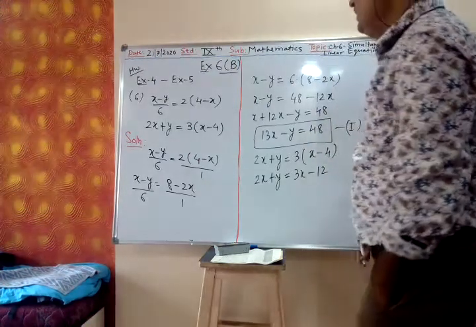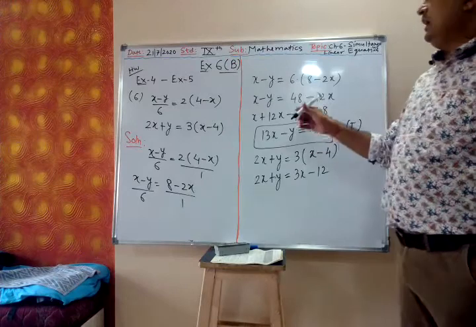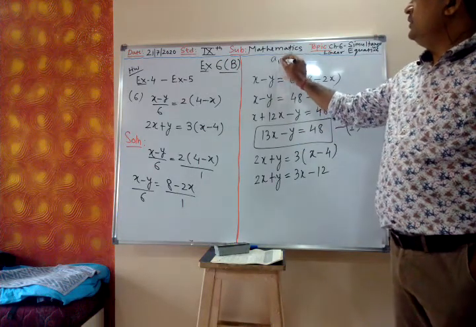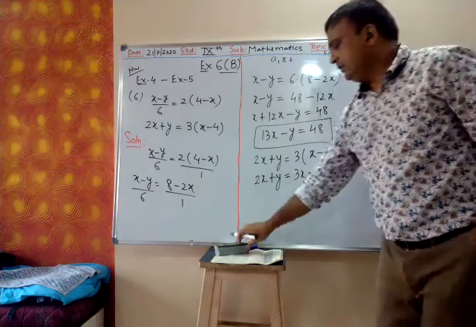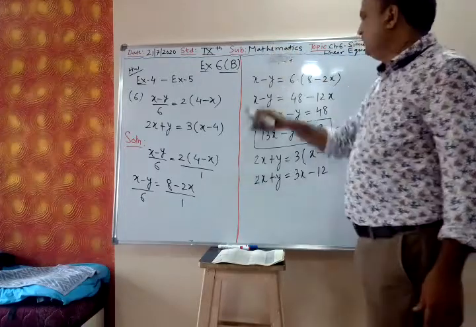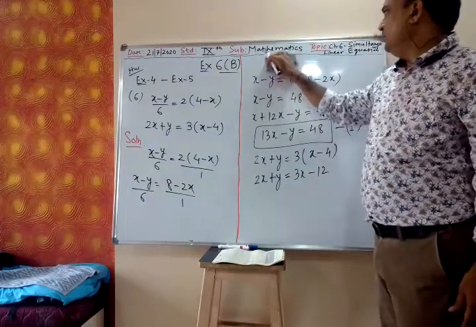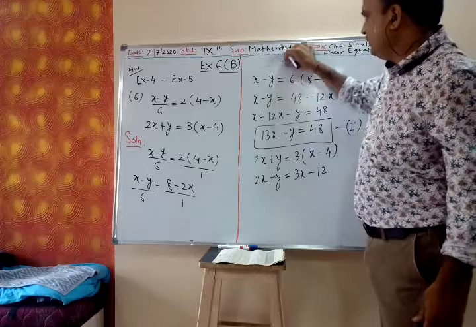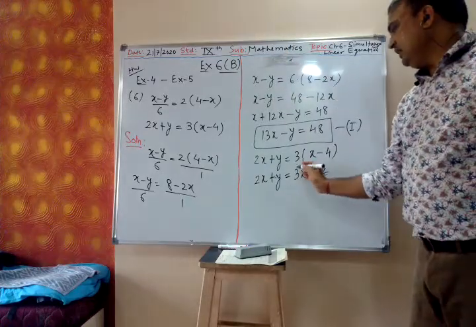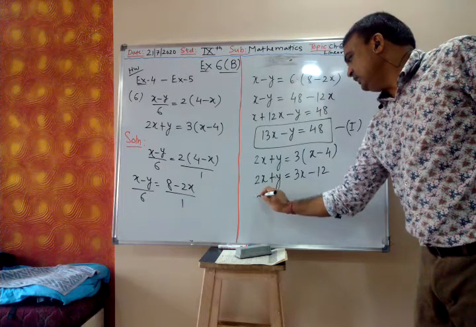I have to write the equation in the form of a1x plus b1y is equal to c1. x and y we want on the left side. So 3x minus 12, now we take 3x on this side. So 2x